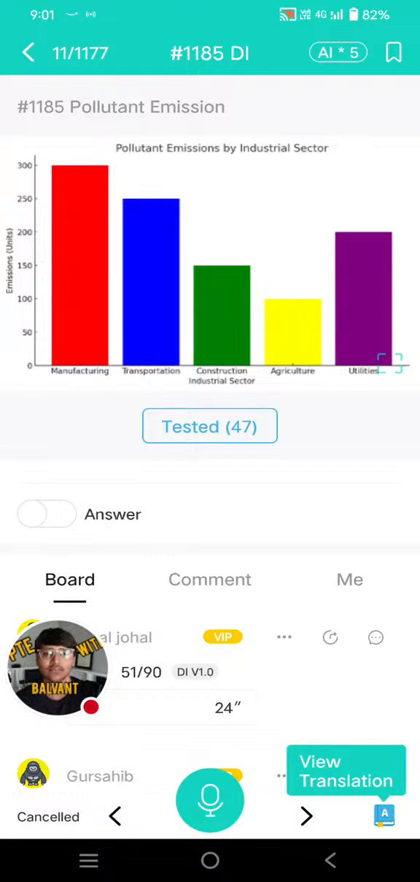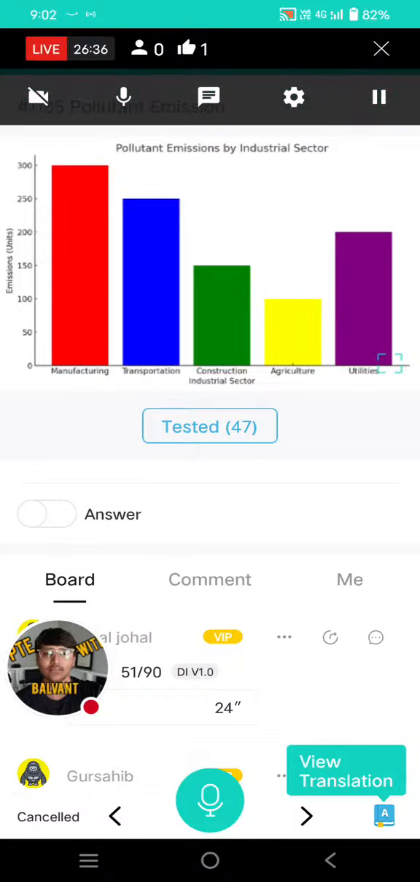So we have to pick the right topic, like pollutant emissions by industrial sector is the main topic of this image. Manufacturing and transportation are also observed on the left side of this image. Construction, agriculture and utilities are also observed on the right side of this image. Emissions and industrial sectors are also highlighted in this image. The maximum amount which I can consider is 300. The minimum amount which I can consider is 0. Multiple colors like blue, red and black and yellow are also highlighted in this image. To conclude, this image is very interesting and informative,